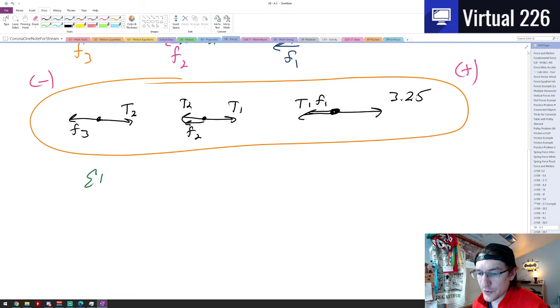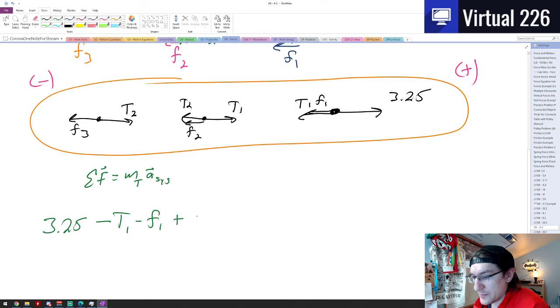If I sum the forces for this system to equal the mass total times the acceleration of the system, the acceleration of the train, what we'll actually get here is, starting from the right and working our way left, starting over here in the 3.25 and ending in F3, we'll have 3.25, which was positive, minus T1 minus F1, plus, so now we're onto the second car, plus T1 minus T2 minus F2, plus, now we're onto the third car,